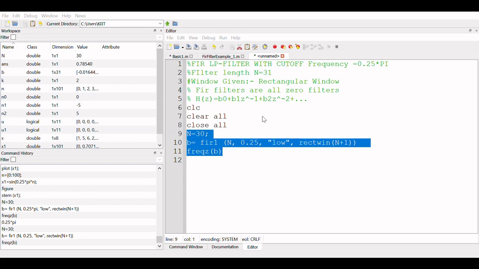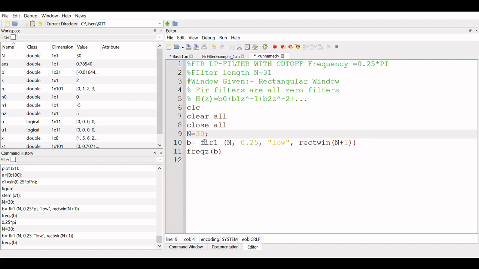So near about 0.25. Now you know that this is called passband and this is called stopband. This is passband ripple, this is stopband ripple. So how to decrease passband and stopband ripple? If you increase the number of n values, so suppose in place of 30 I have taken 100, that means I am going to design a 101 length